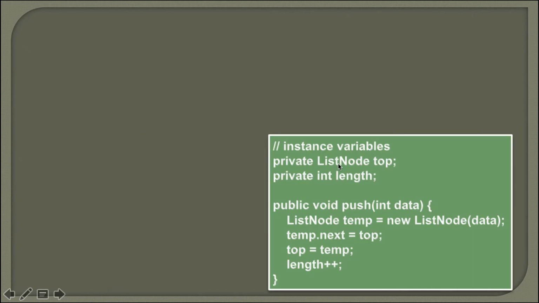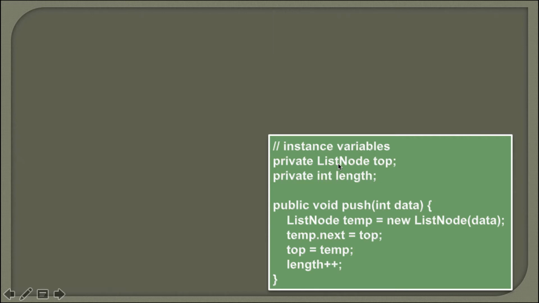So friends, in my previous tutorial I discussed how to represent a stack. We saw that it is a LIFO data structure, which means that the element which got inserted last would be the first one to be removed. And we also discussed that the elements are inserted and removed at one end, which is represented by top.